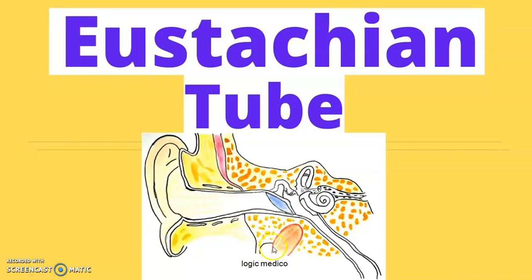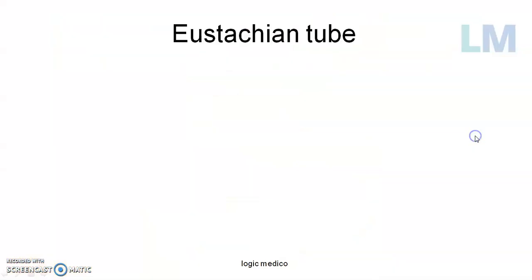So what is this Eustachian tube? As you would have guessed, this is a tube which connects the pharynx with the middle ear cavity. So we'll see the details of the Eustachian tube. What is this Eustachian tube made up of? What are the other names of Eustachian tube? Why it is called Eustachian tube? What is the function of the Eustachian tube? So why middle ear infection happens in pediatric age group more commonly than adults? We'll see all this in this video.